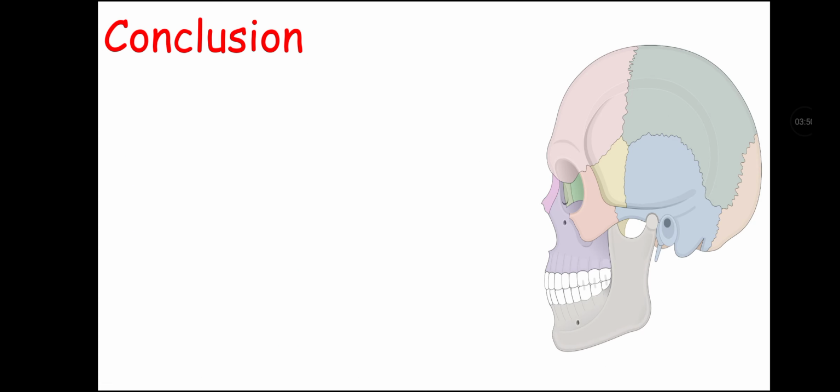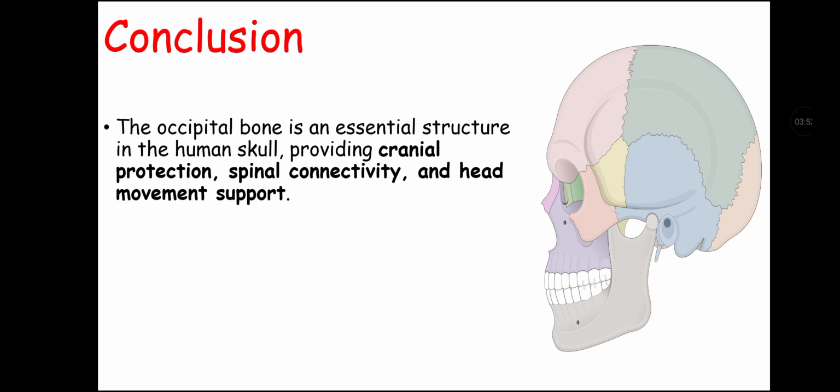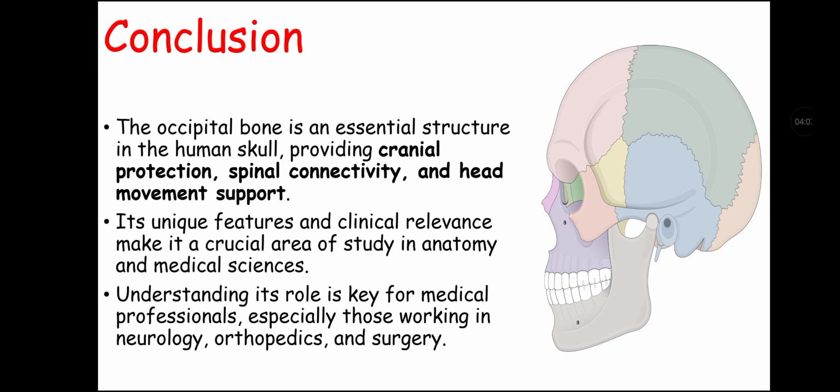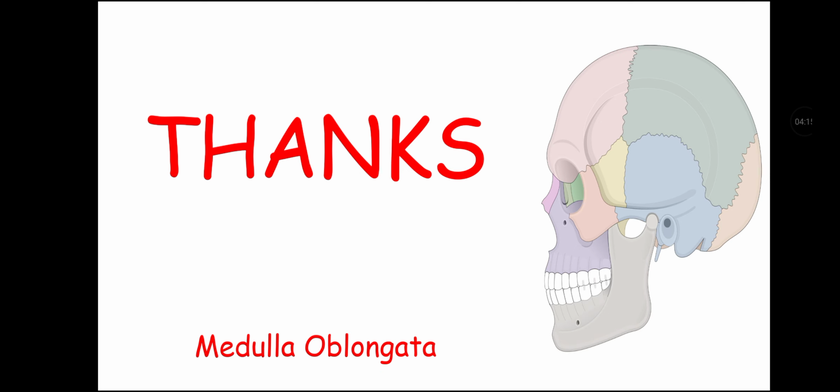Now let's talk about conclusion of all this lecture video. Occipital bone is essential structure in the human skull that provide cranial protection, spinal connectivity, and head movement support. Its unique feature and clinical dynamics make it a crucial area of study in anatomy and medical sciences. Understanding its role is key for medical professionals, especially those working in neurology, orthopedics, and surgery. And this was all about occipital bone,